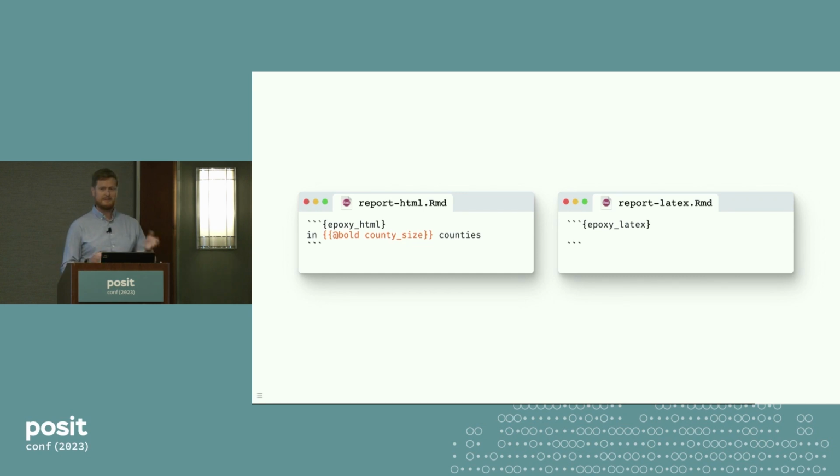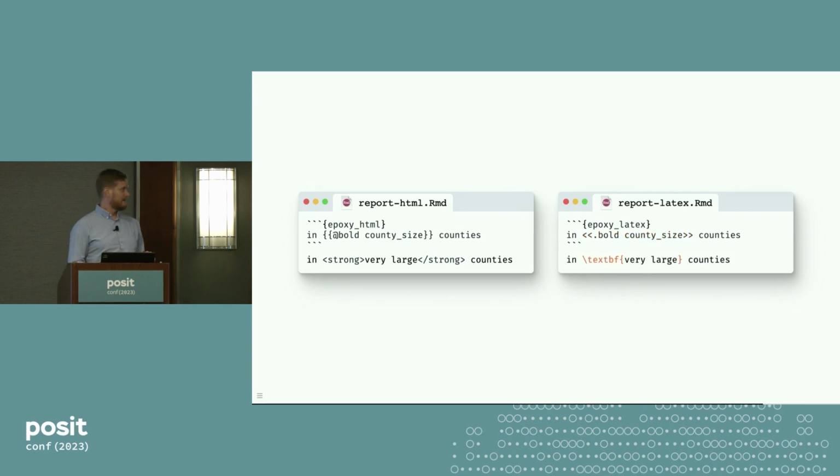So in HTML, it's double embracing. And instead of dot bold, we would use @bold. What you get, though, is actual HTML instead of Markdown formatting for bold, for example. In LaTeX, it's basically the same, except the embrace characters are already taken in LaTeX. So we use chomped alligator brackets, and we put that around county size. And we can still use .bold. In the end, you get whatever LaTeX uses to make bold text.